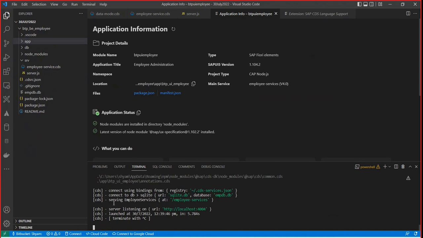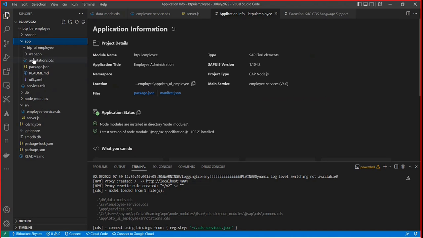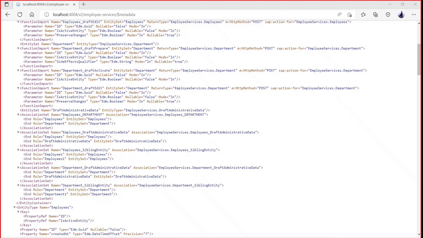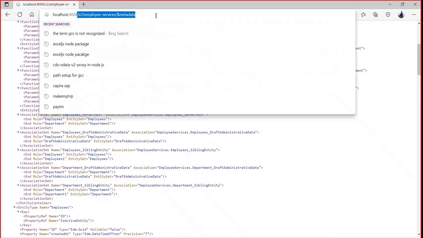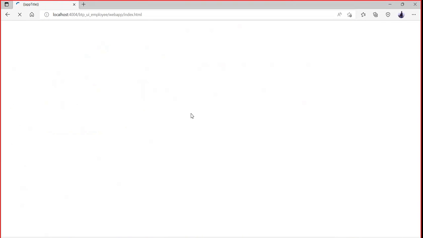But now if you see, it is connecting to multiple pieces of information. It's saying app services.cds. This is also what it is connecting to, and this is responsible for your UI service. So if I just go over here and remove this, can you see it is saying web application is also available? And if I just click on this,